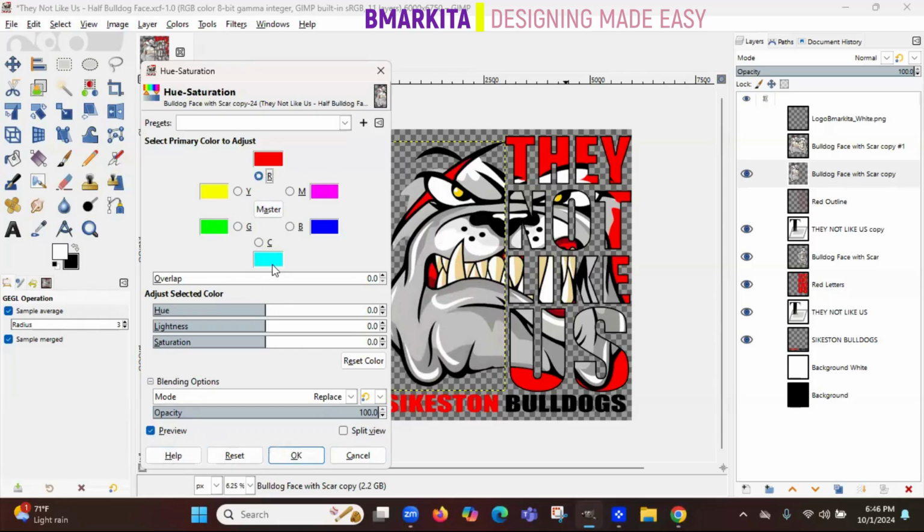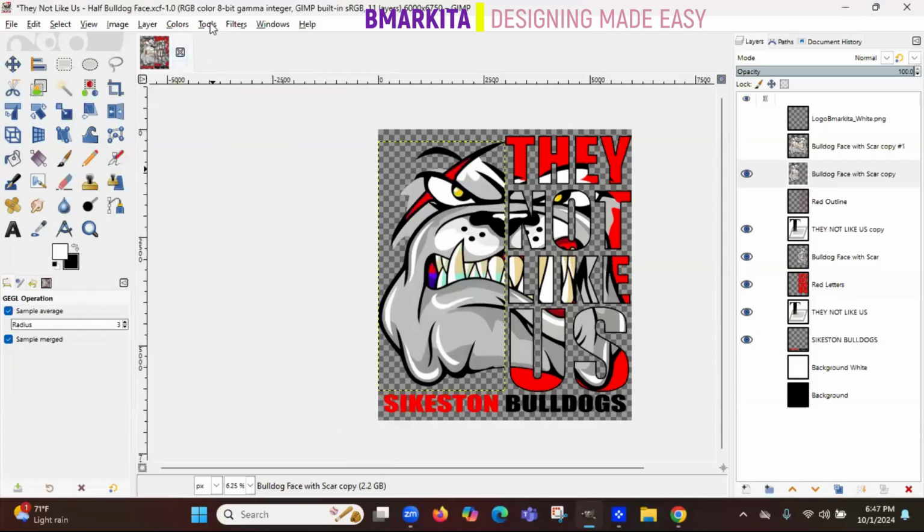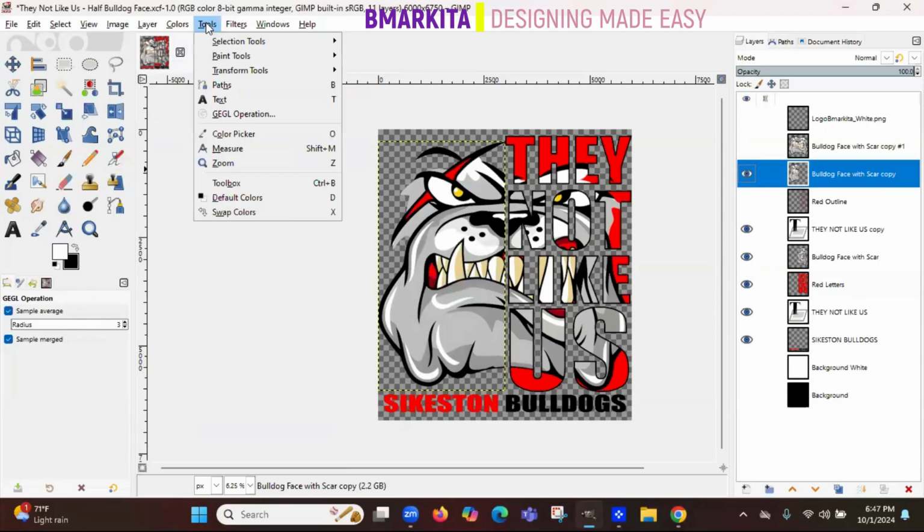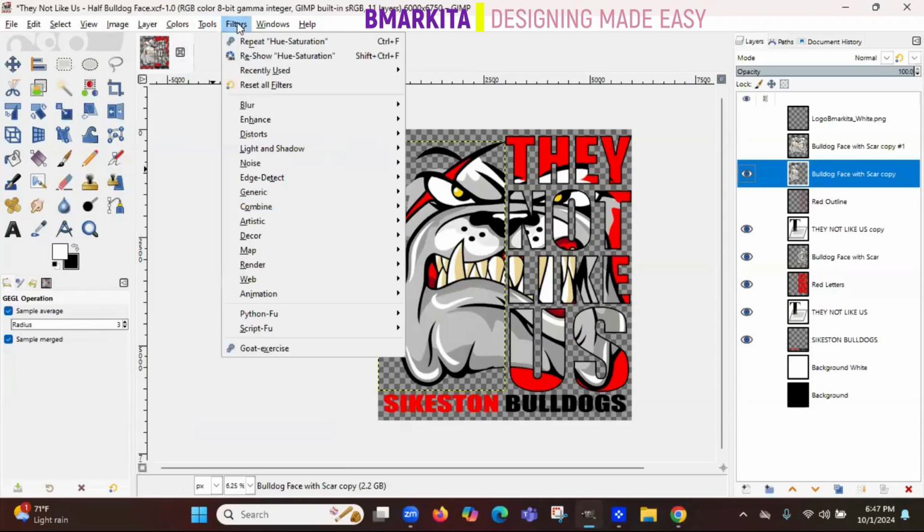So again, you can select certain colors that you want to edit. So I click on the red, just the red changed. If I click on the yellow, which is in here, only my yellow will change. So anything that has that tint to it will change. And then once you get it how you want it, if you want to make changes, click on OK, and if not, do cancel. So that's it for colors. So for tools, I don't use anything here. Filters though,